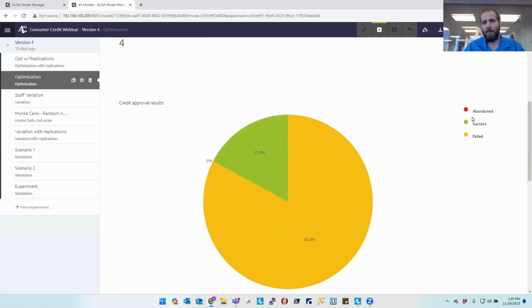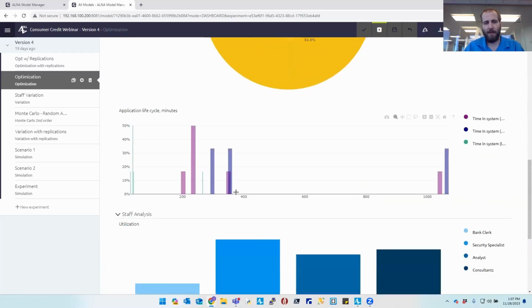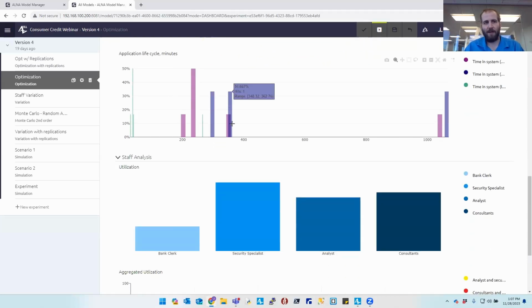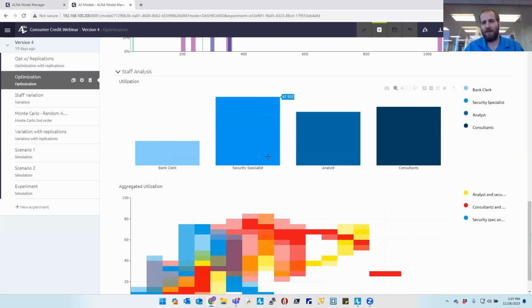and especially what we care about. We see no red, no abandon. That's really the most important thing. And of course, we can have a further examination of the application lifecycle, staff analysis for what the utilization was looking like on sort of a staffing type basis,